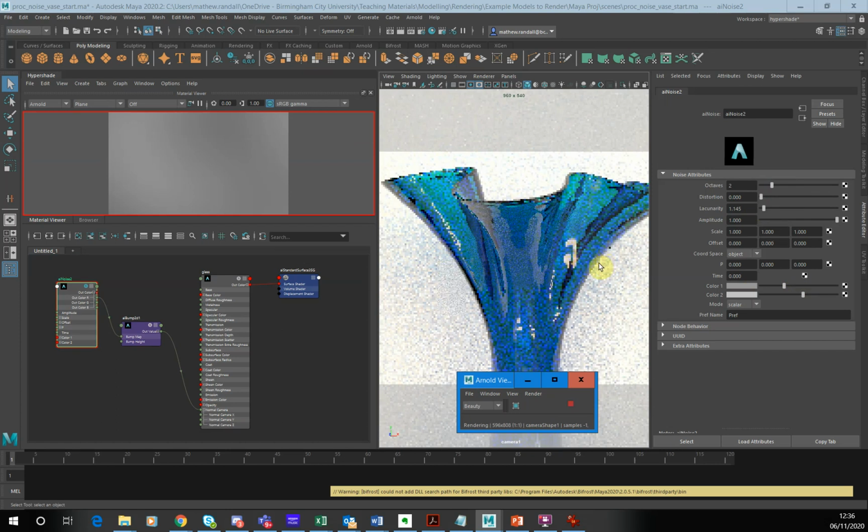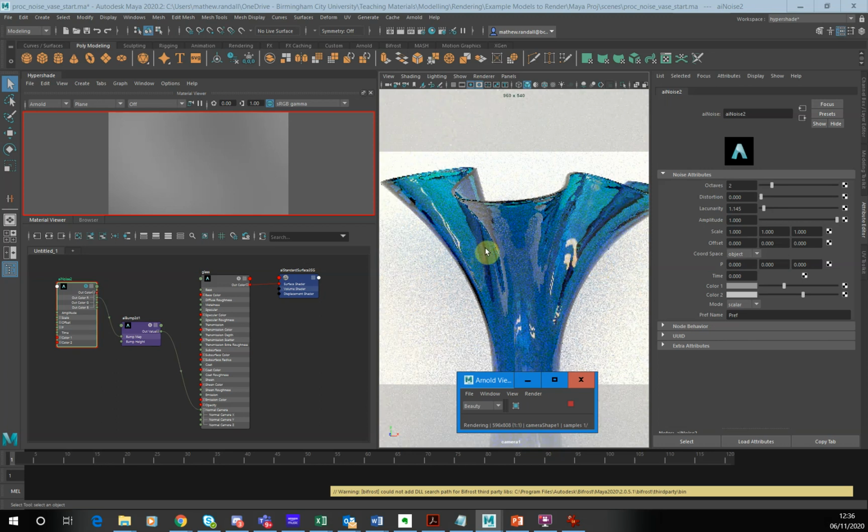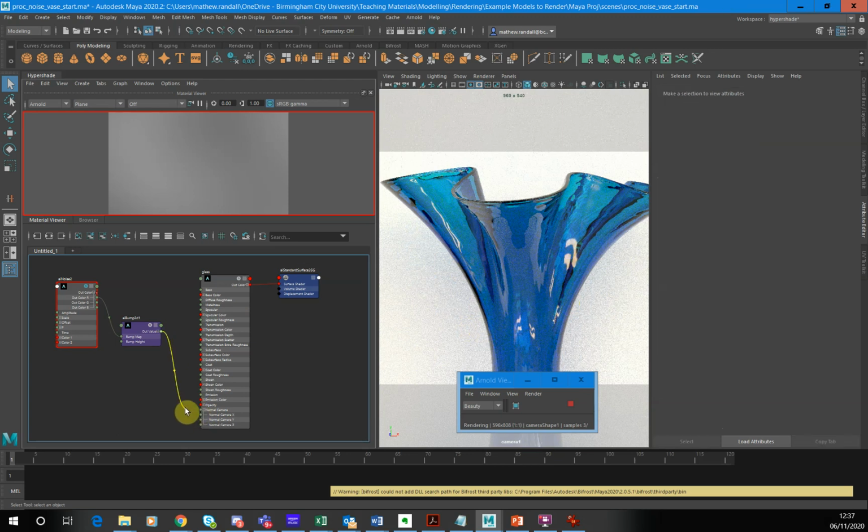And the main thing I'm looking at here is really the effect on our reflections, to get an idea of how this is coming together. I feel like I might have dialed this down so much that this isn't having much effect. Let's just see. If I just disconnect this,